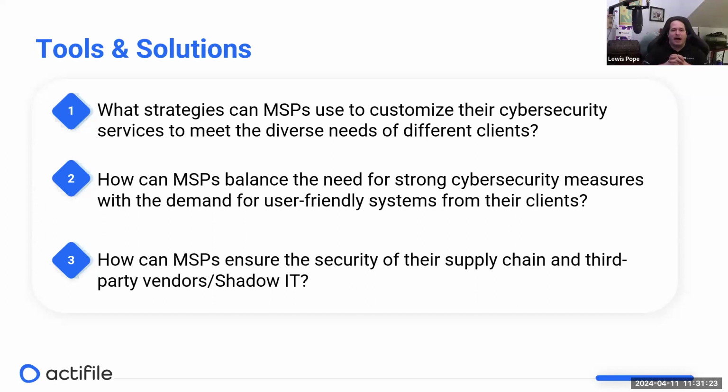So I'm a big proponent of following an established cybersecurity framework. You as an MSP, though, shouldn't be following it the same way that an internal IT department is going to be following it.